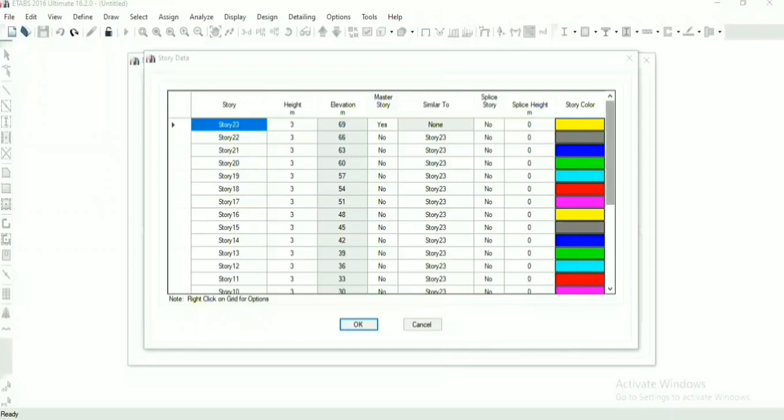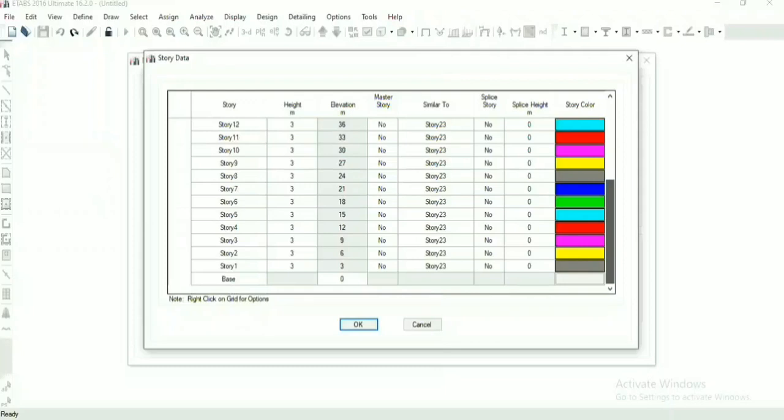Let us take story numbers 1 to 8. We know from 1 to 8 it is a similar story, so we will take the 8th story as a master story, and all the remaining stories from 1 to 7 will be similar to the 8th story.